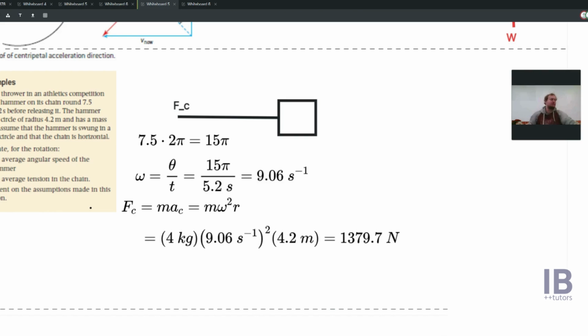Does that make sense? Yeah. I don't think that they'll give all the different kinds of force